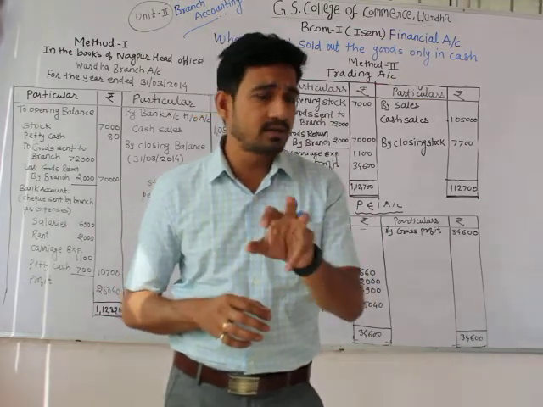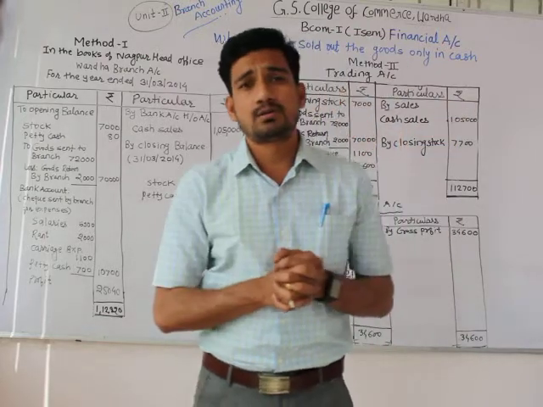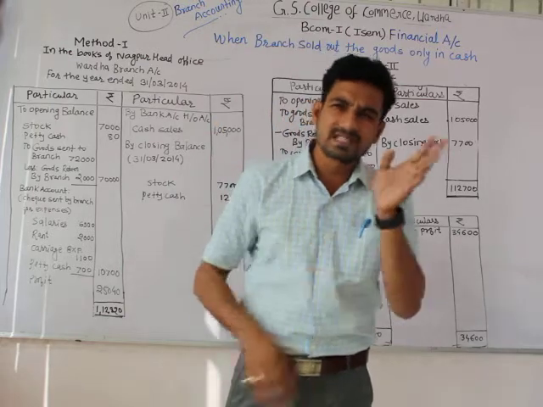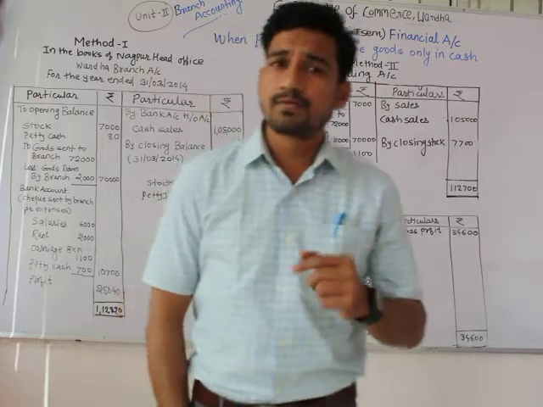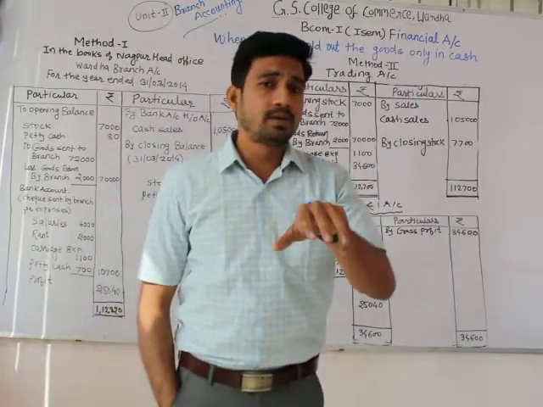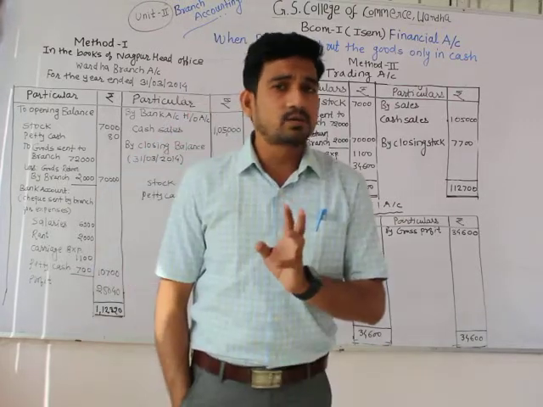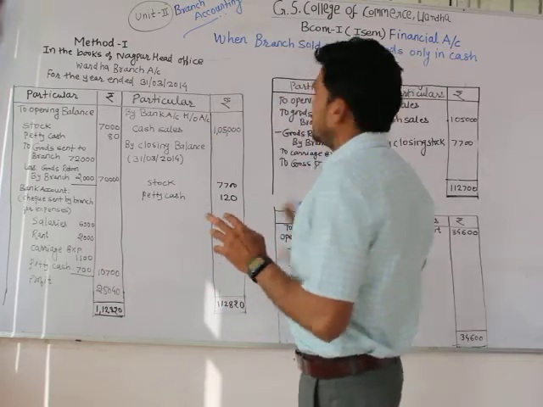Those are the numericals, and as I mentioned on the title page of that PDF file, we are going to solve the problems in the same sequence which I had provided within that PDF file. So the Unit 2 problem first, I have a solution here. First I will read that problem. It is of the type when the branch sold out the goods only in cash.